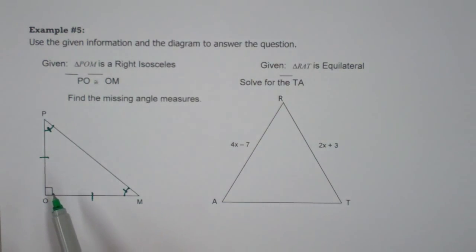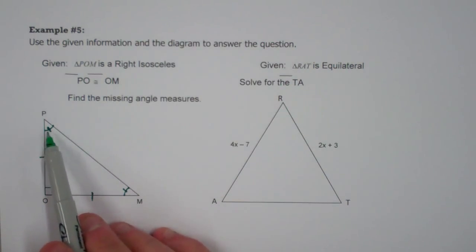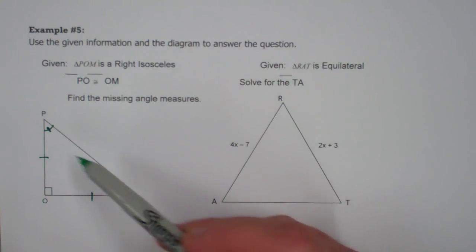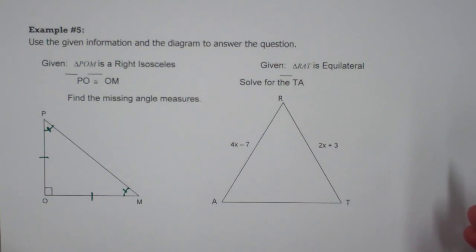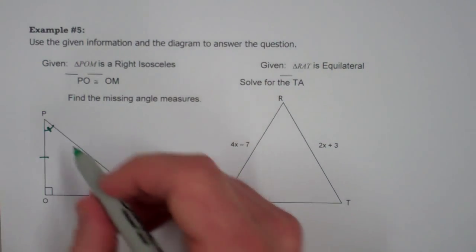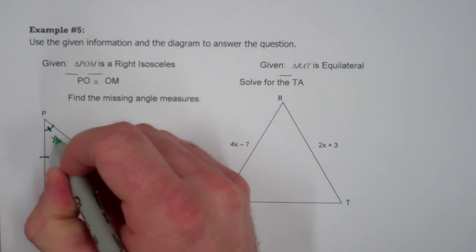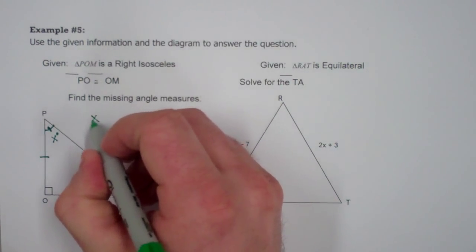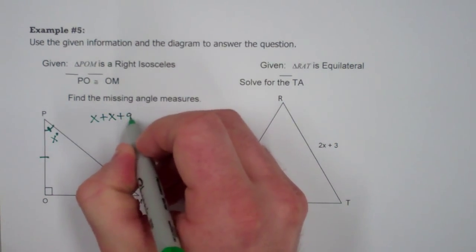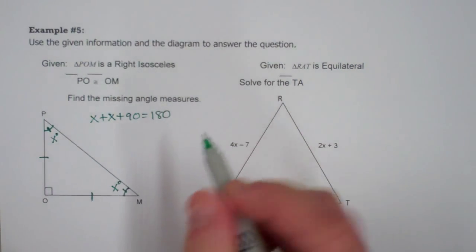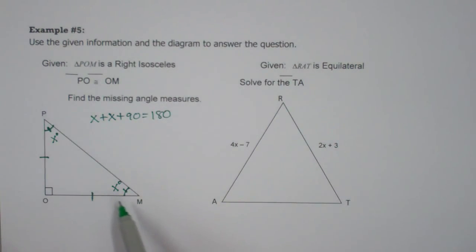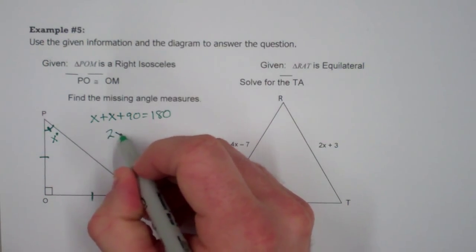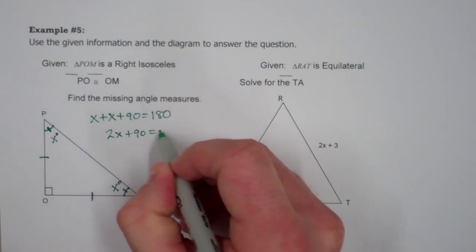We want 90 plus this angle plus the same measure angle to add up to 180. There's really only one thing that each one of those can be. If you're having a little bit of trouble, you can make up a variable and say, let's make each one of these x. They have to be the same. And if you added up x plus x plus 90, set that equal to 180, using the fact that the three angles on the inside of a triangle sum to 180,